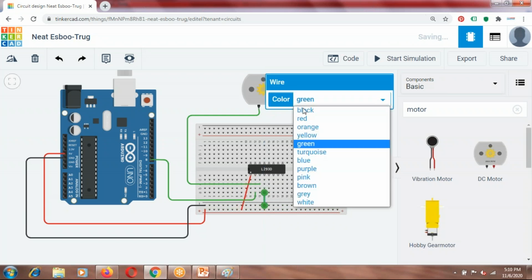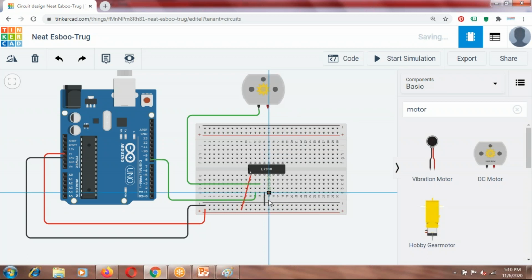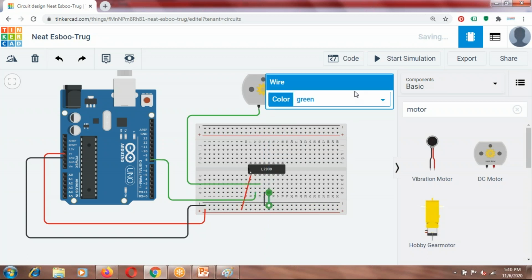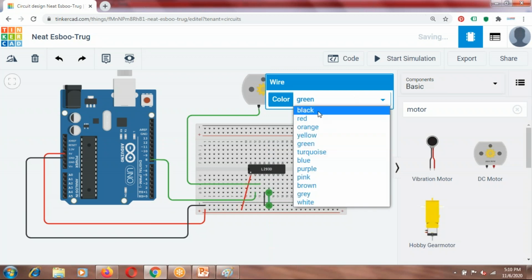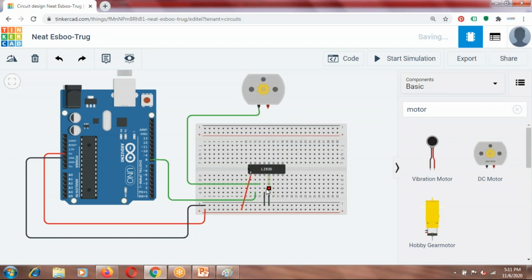Make it black in color to indicate that this is the ground wire. Pins 4 and 5 are both ground, so let us give them ground potential. Then the 6th pin is output 2, which has to be connected to terminal 2 of the motor.